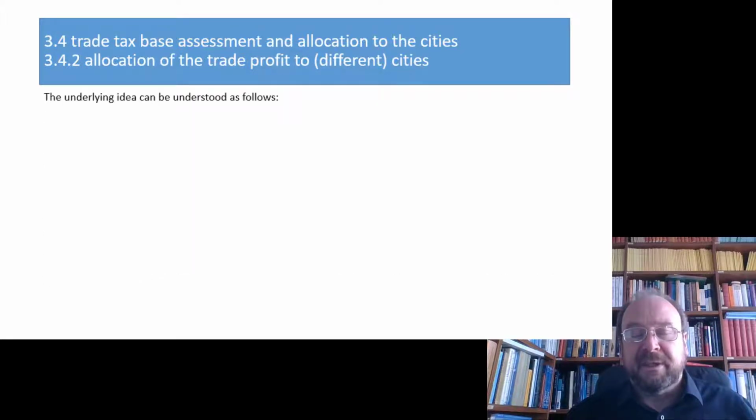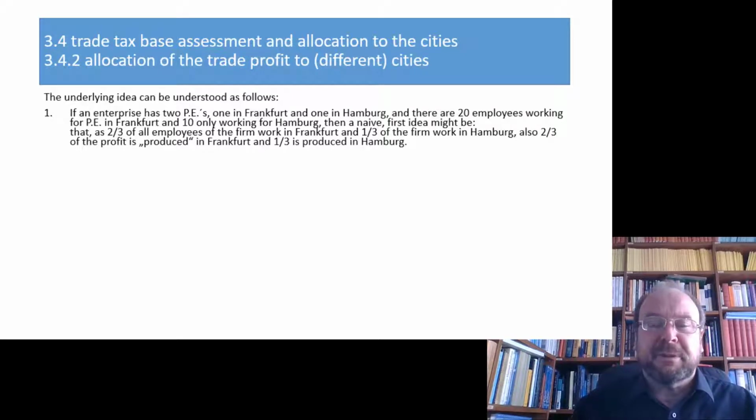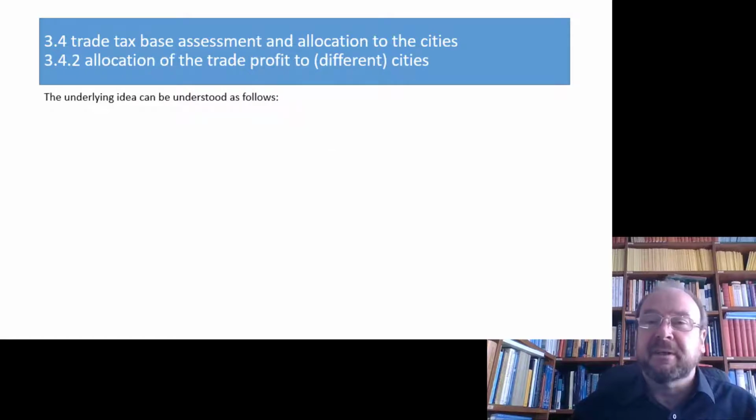Good. The underlying idea, why the wages? Why the wages, ladies and gentlemen? Well, at first glance, you probably don't understand that, and I think, okay, instead of the wages, they could also have taken the number of dogs running through the street or so, but why are the wages adequate? The first idea is probably the following one. Well, the first idea would be perhaps we have 3 permanent establishments, everyone gets 1/3. That's clearly rubbish if the one PE is very small and the other is very large.